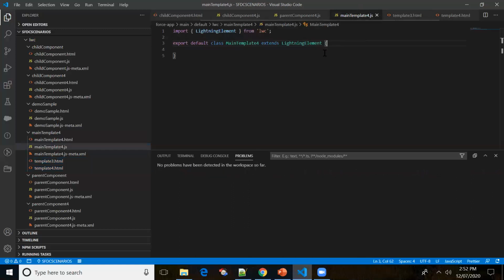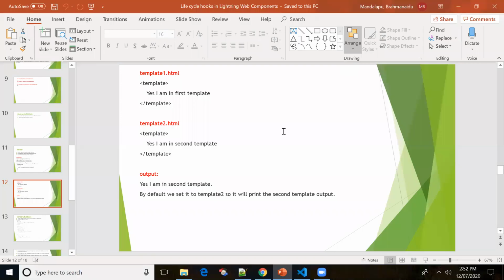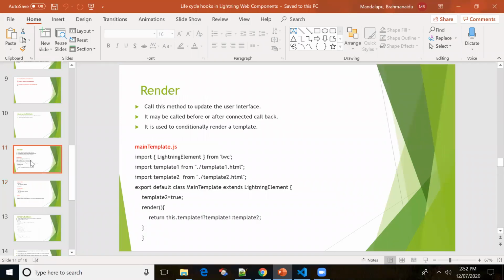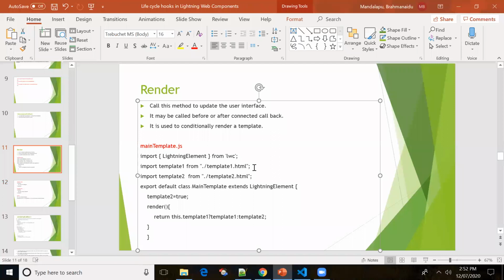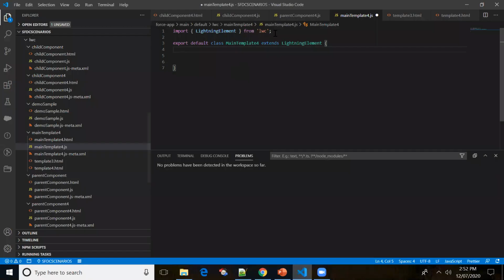In the main template, I'll import template 3 and template 4, and then show the template based on the logic. We have already written the code in the PPT. Let me import the template.